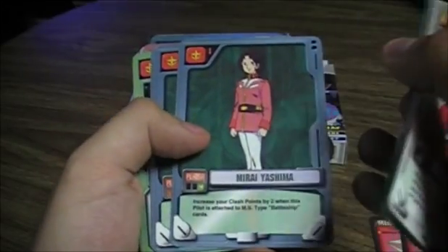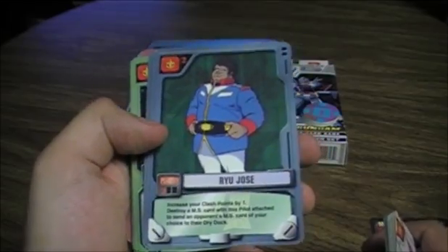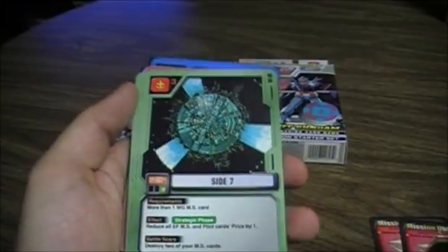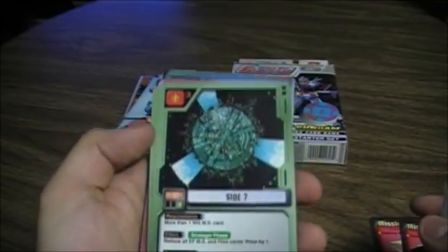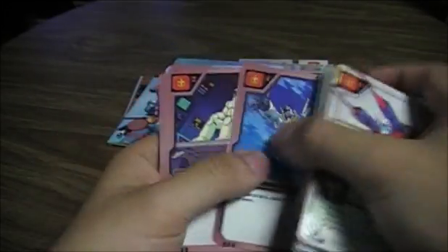Mira Shami Yamisha, Ryu Jose, oh man, Matilda Ajan. And the battlefield cards are Side 7, Luna 2, Jabro. Event cards, Operation 5, Into the Atmosphere,